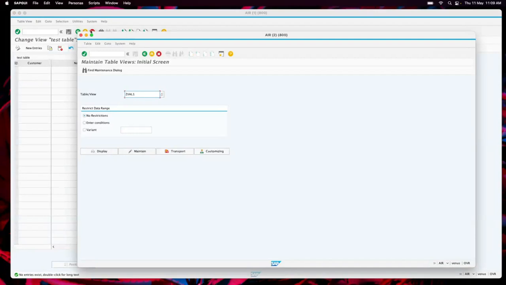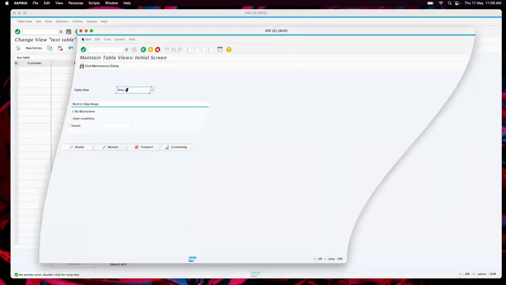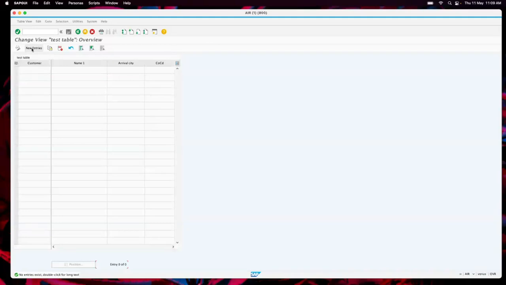It's the same thing. So as of now, if I want to create new entries, you can see this overview screen. If I have that single screen, one step, then in the single screen itself you can create your records. Say for example, the customer number is 100, name is Subhashish, arrival city is Bangalore,